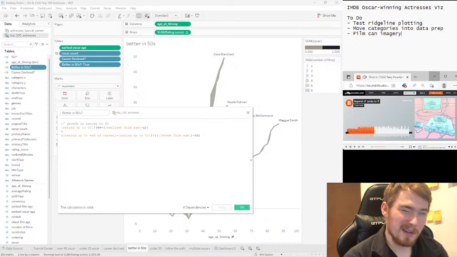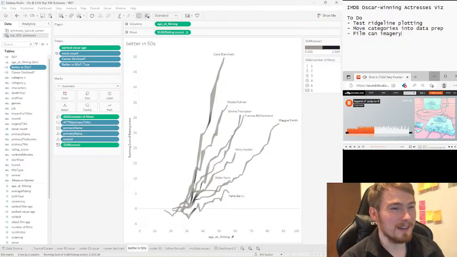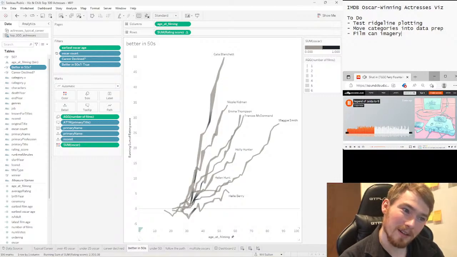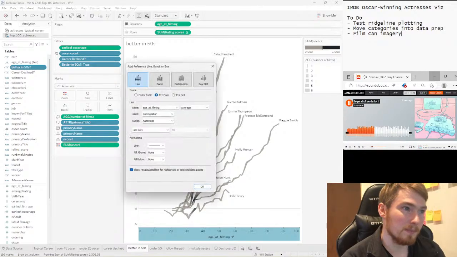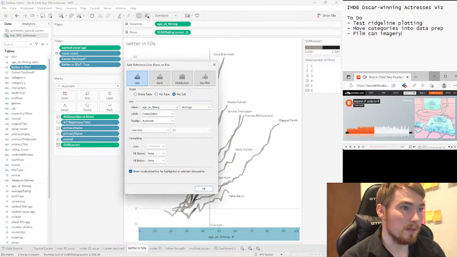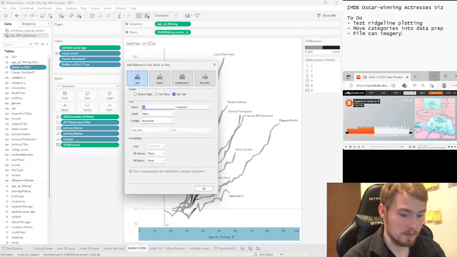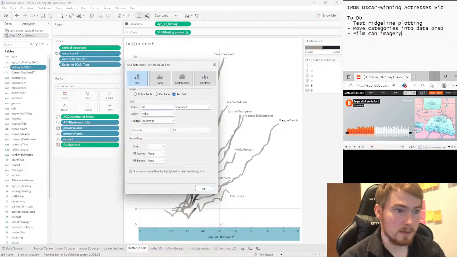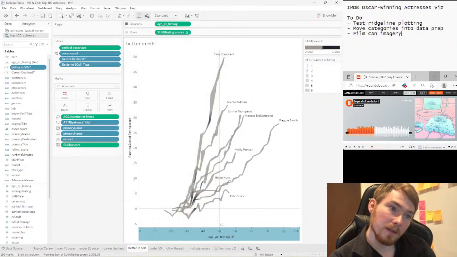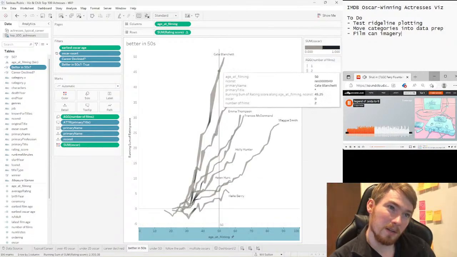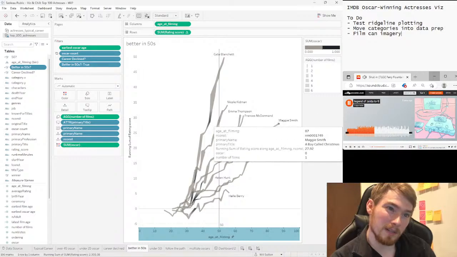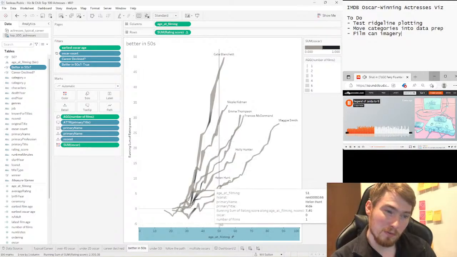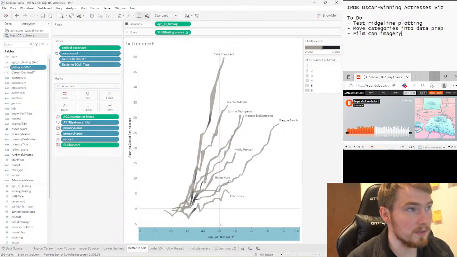I think I'm working out an average growth line. So the idea is if you were to draw a line here, okay, so if you do that one again, you can sort of see that this one's a bit close, but in a lot of these cases, say for Maggie Smith, her career really took off in her 50s.